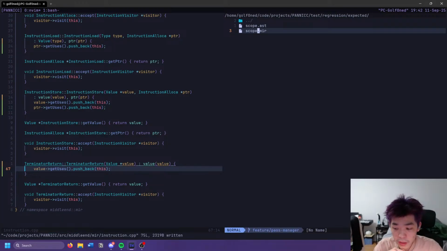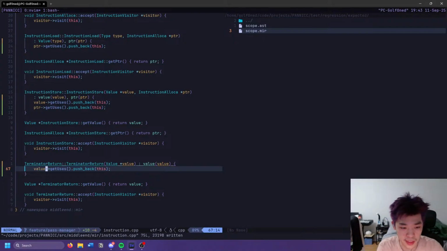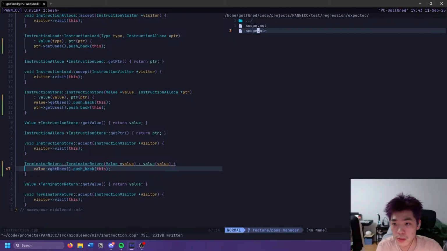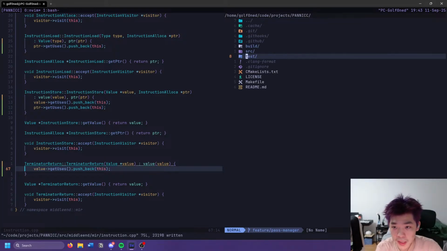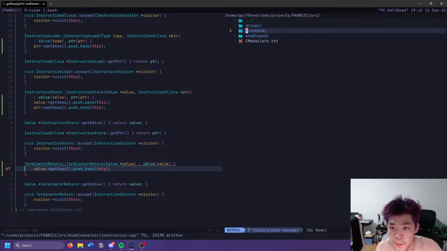I could maybe make a print uses pass, but I'm just going to trust that this is correct, which is definitely not the right thing to do. But what could possibly go wrong? So, anyways,